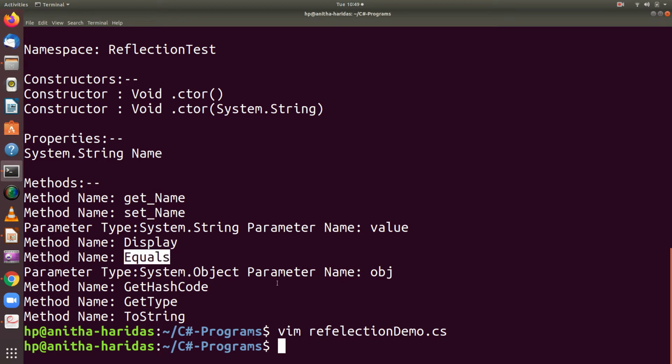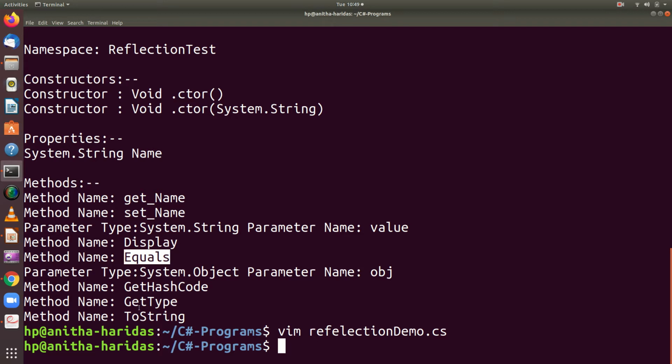Both of them have the parameter type as object, because it is used by the class. So the current object will be the parameter for that particular method, the display method.